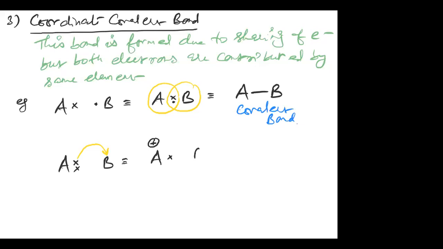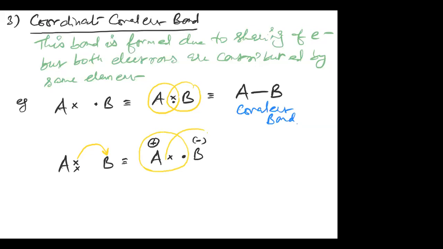Now B acquires a negative charge and one electron appears on B. Now they have two electrons, one each, on A plus and B minus, and due to sharing of electrons,